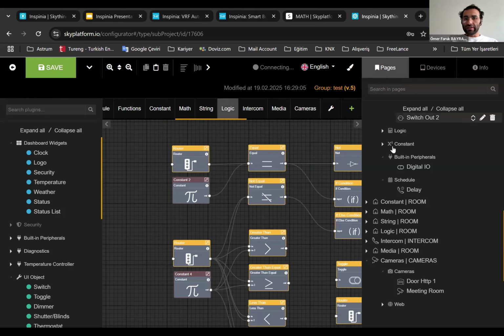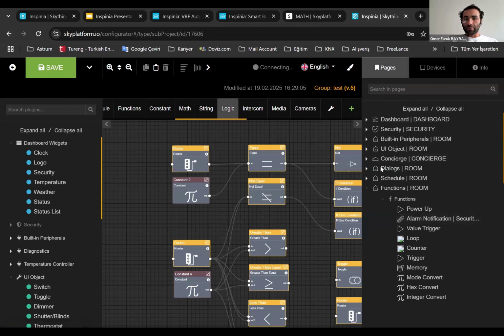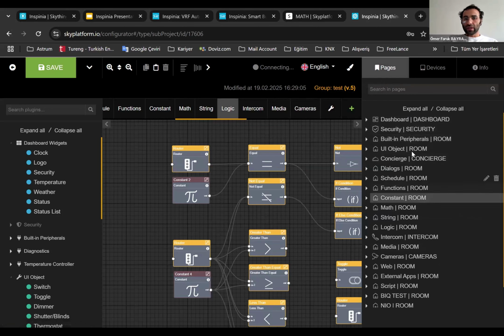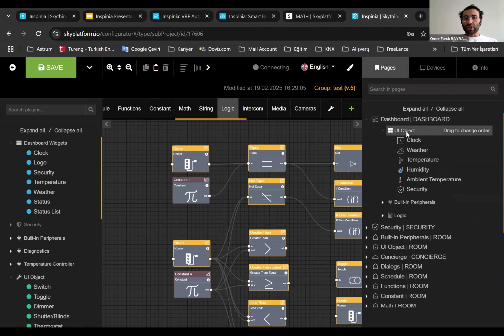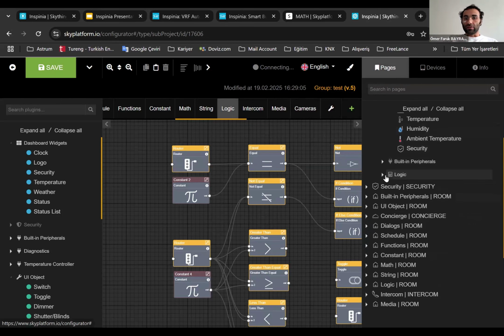By the way, there is a page layout here. For example, for the dashboard page, I need to change the position of weather with clock because clock is the first object. I would like to see the weather as the first object. I can change the position of the object on the screen. And also,